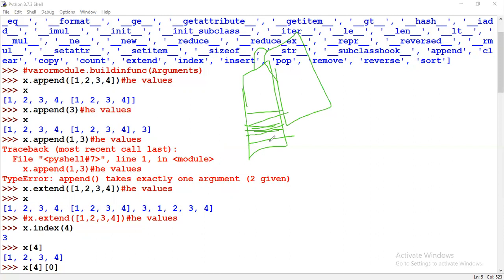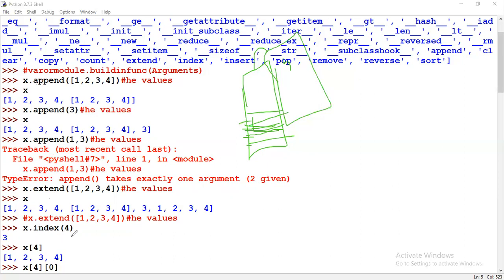When you are adding two Excel sheets, for example, Excel sheet will be the easiest for you guys. In an Excel sheet everything is a row, right? So when you are appending, the 5 rows will come in as one row in the other Excel. But if you are extending, each and every row will be iterated and added at the end of the other Excel as different rows. So that's the reason we have append and extend together.